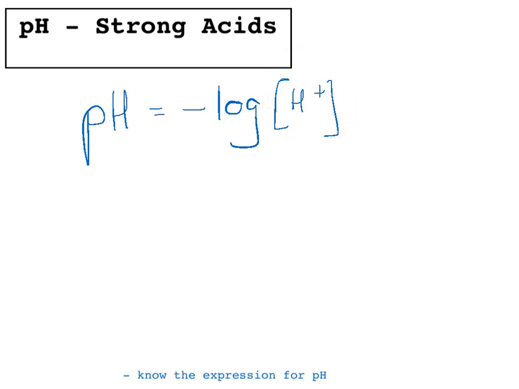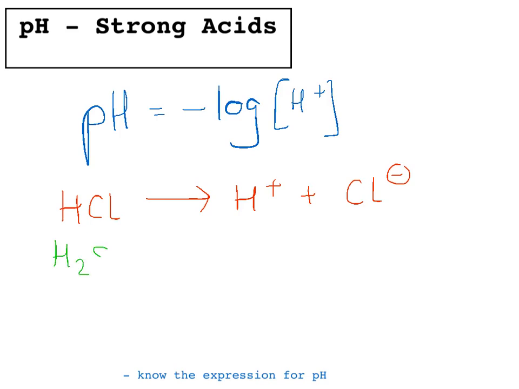Now for strong acids, that is very straightforward because strong acids fully dissociate when they're put in water into H plus and their counter ion. So in hydrochloric acid's case, it's H plus and Cl minus. For H2SO4, for sulfuric acid's case, that fully dissociates into 2H plus and SO4 2 minus, and so on. So the number of H's in a strong acid indicates how many H plus ions it creates when it fully dissociates, and that will